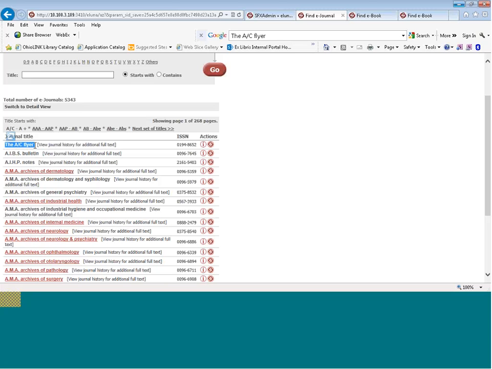So you don't necessarily subscribe to them, you don't have them activated in SFX, but they're related to a title that you do have activated. And there are options to remove related titles that we'll see later on. So if this is confusing to your users, you do have an option to remove these related titles that you see here. If I click on the Switch to Detail view, I'm going to go ahead and click on that